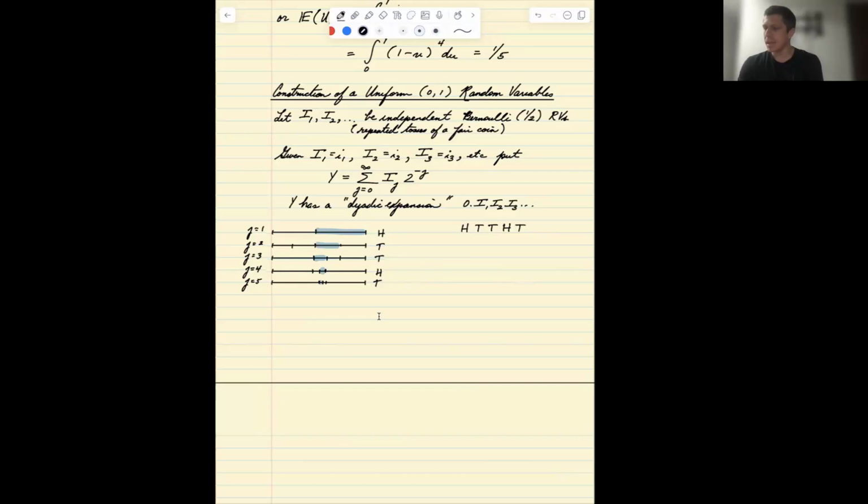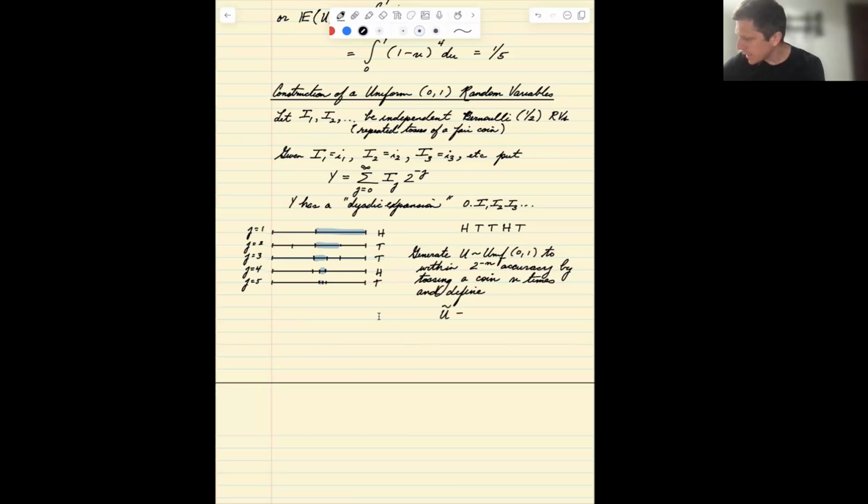And so this is theoretically how we think about constructing a uniform 0, 1 random variable, and we can do it within a particular accuracy. So we could generate U from a uniform to within 2 to the minus n accuracy by tossing a coin n times and defining U, call it U tilde, to be the sum from j equals 1 to n, 2 to the minus j indicator of j. So when we cut this sum off, of course, we can't actually in real life toss a